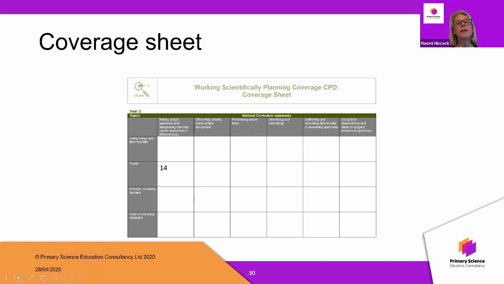The idea then is that the teachers would go back and share all the skills that Max was learning across the year in those different topics, and then they can analyse which skills are being taught really well and regularly, and perhaps which skills have got a little bit neglected.